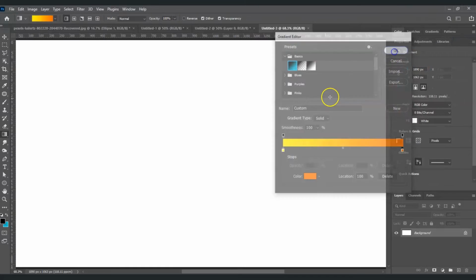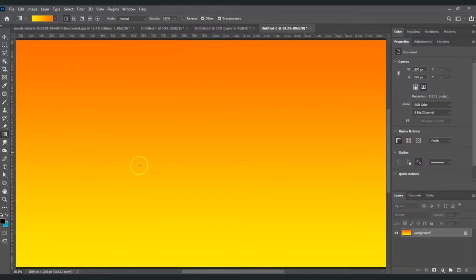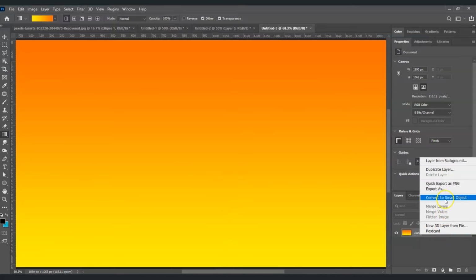And then hit OK. So let's apply it on our layer. I'm going to click and drag this one going up, something like this. Okay, there we are. And the next step here is we're going to convert this layer into a smart object. So to do that, going on to the layers panel, right click on that background layer, and then choose convert